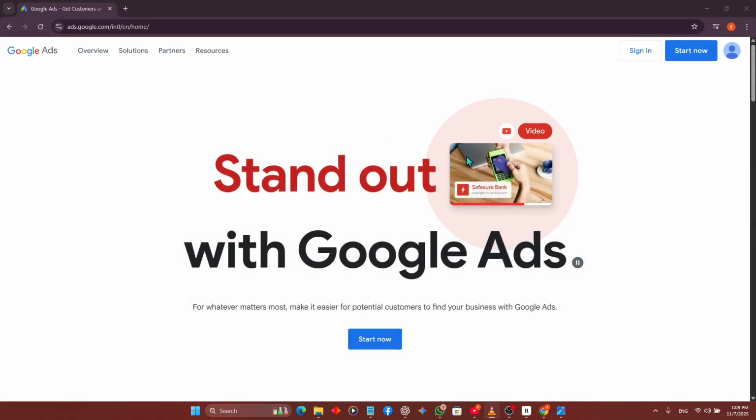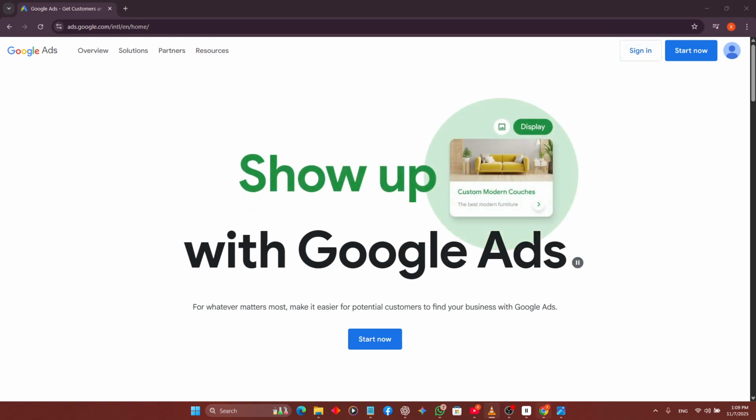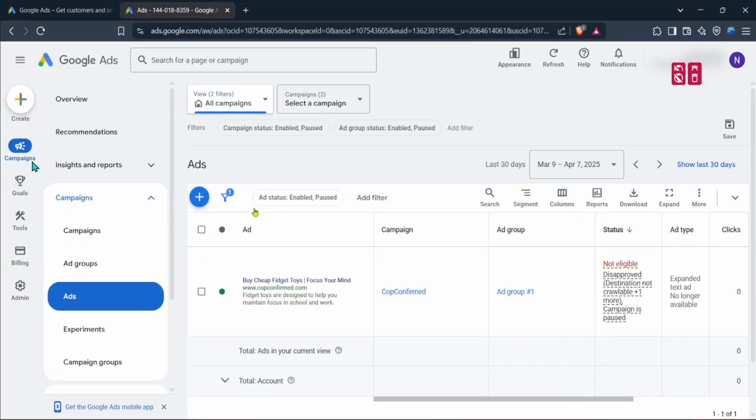Start by signing in to your Google Ads account. Once you're on the homepage, click on the Campaigns tab on the left-hand menu. This will show you all your active campaigns and how they're performing. Choose the campaign you'd like to optimize and then click on the Ads section to view all the ads running